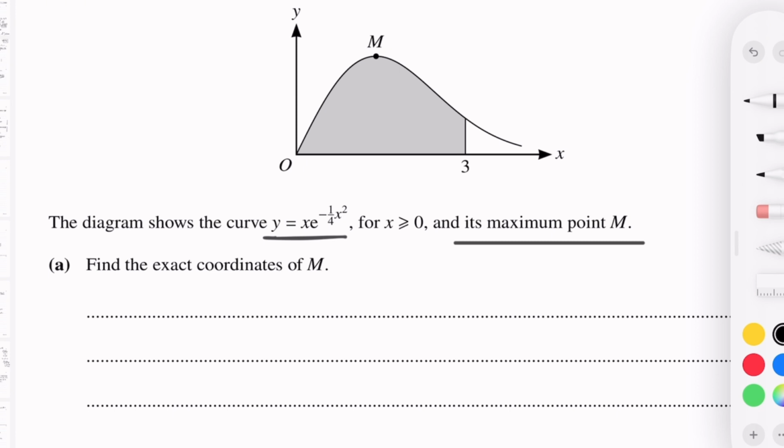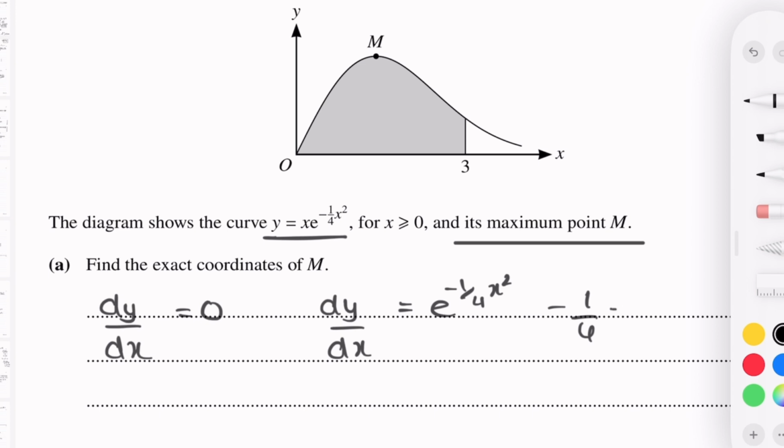Well, that's fantastic, so we can just go ahead and say dy/dx equals 0. And let's find dy/dx. We can use the product rule here. We can say it's the derivative of the first one times the second one, which is 1 over 4x squared. And then we're going to add this to the derivative of the second one, which in this case,